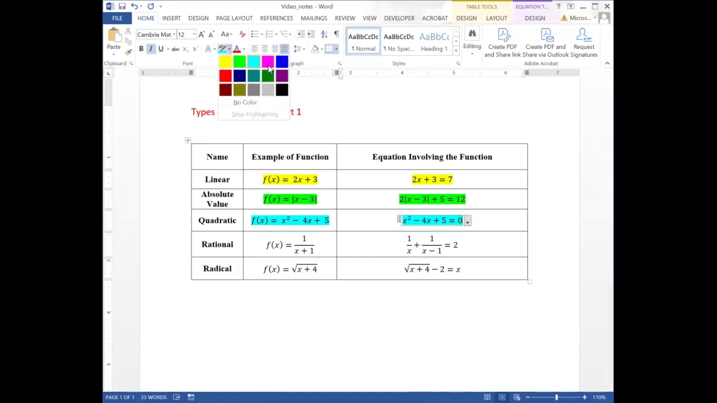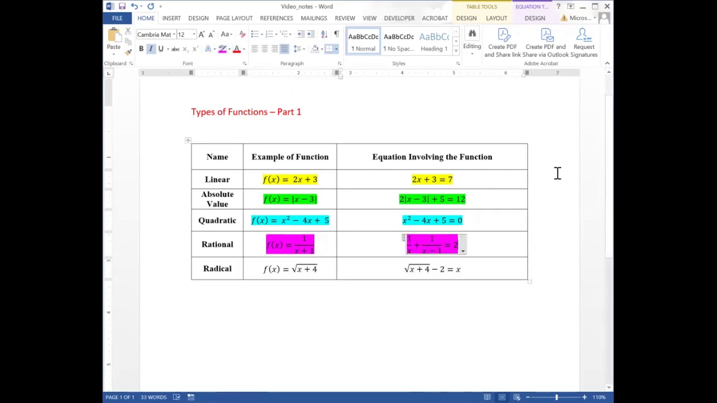For the next one, it is called a rational function. In this case, we have our variable in the denominator. So the denominator has the variable x, so it is called a rational function. And again, if we put it inside an equation by setting it equal to some number, then it is called a rational equation. We will discuss how to